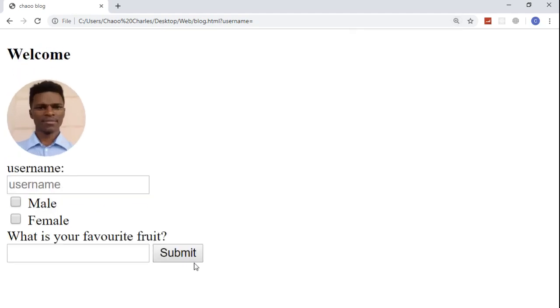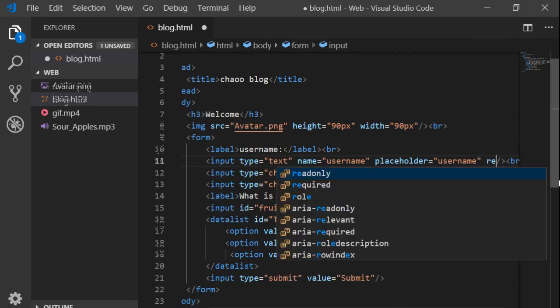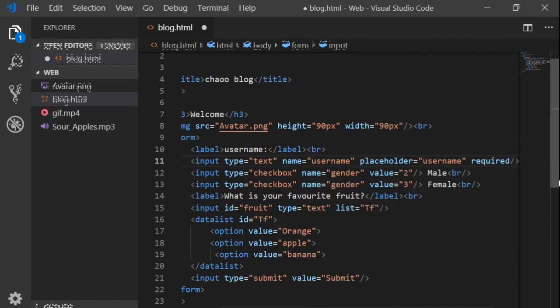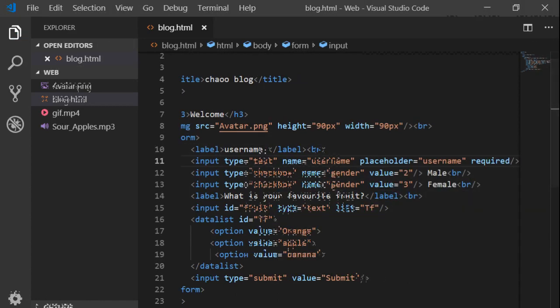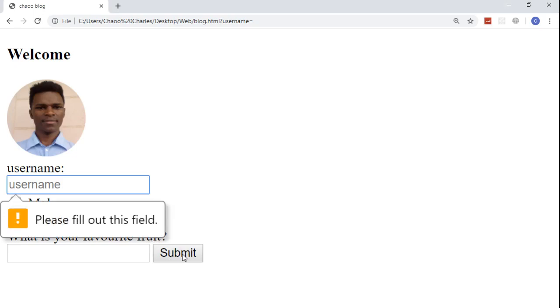So when we submitted, you have seen that it has refreshed, but we can add some form of validation using the required attribute. So when I say here required, this will add some form of validation. It will not allow us to submit this form. When I refresh and try to submit this form, you can see please fill out this field